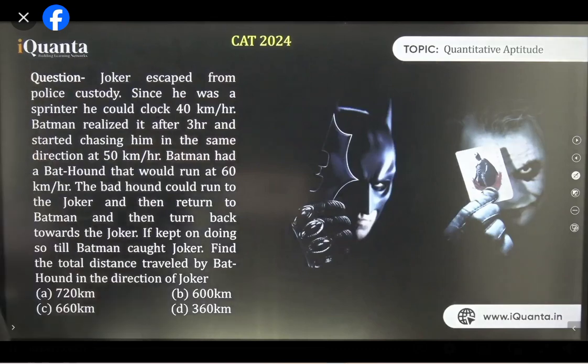Joker escaped from police custody. Since he was a sprinter,